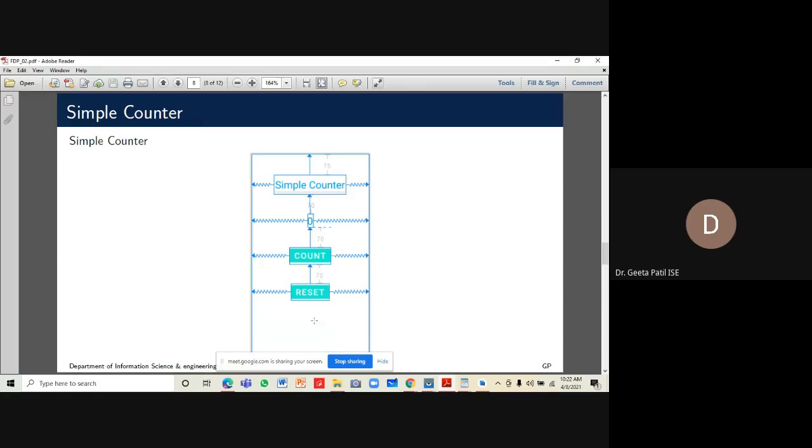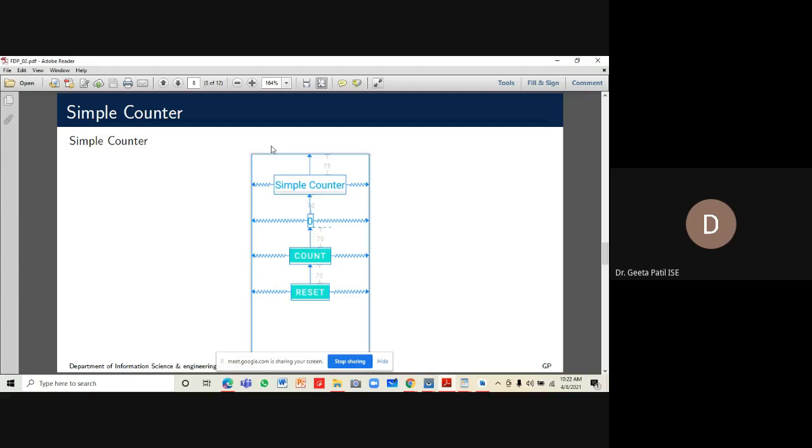Now in our first application, my requirement is like this. I want to design an app to count. Let's say I'm doing a breathing exercise, and I want to count how many breathing cycles I have completed.